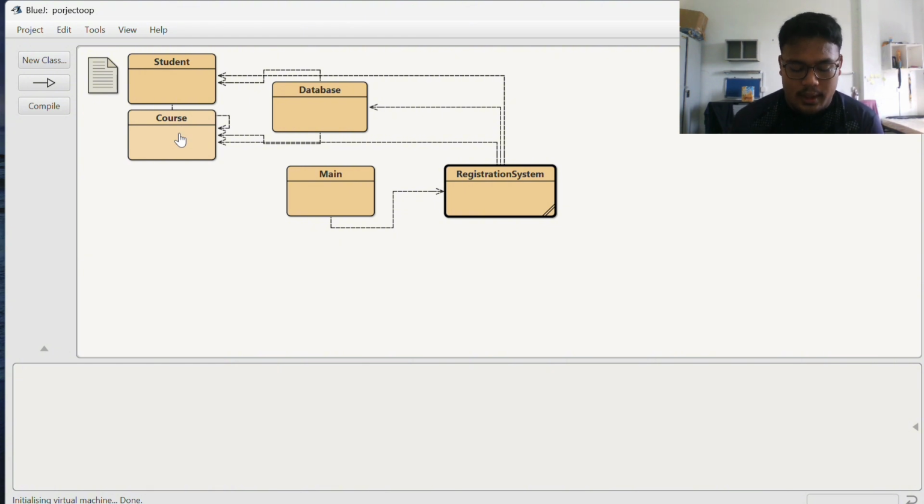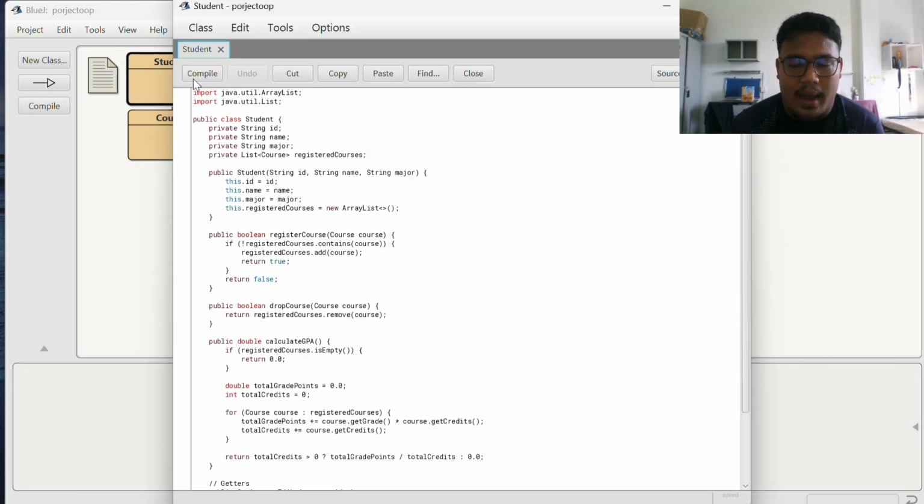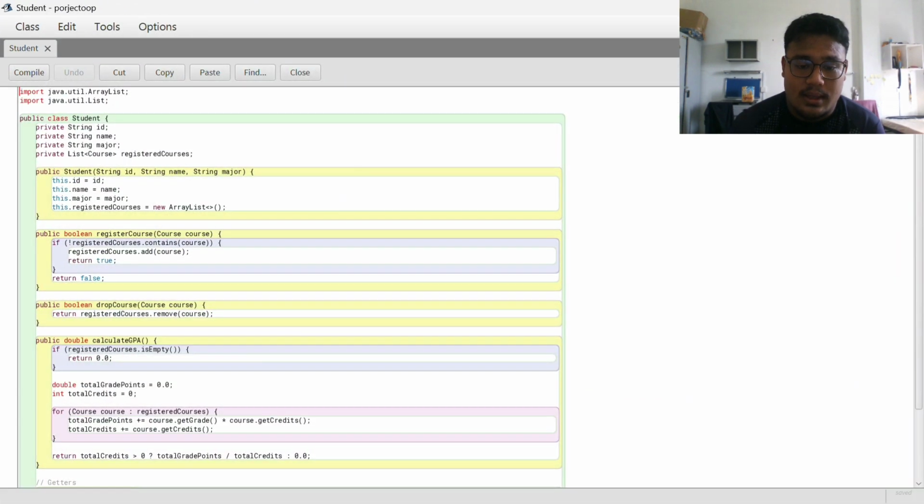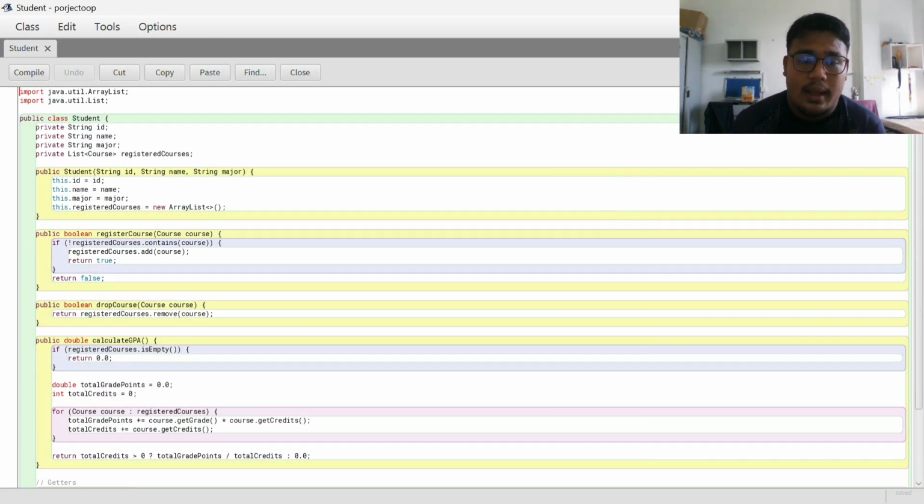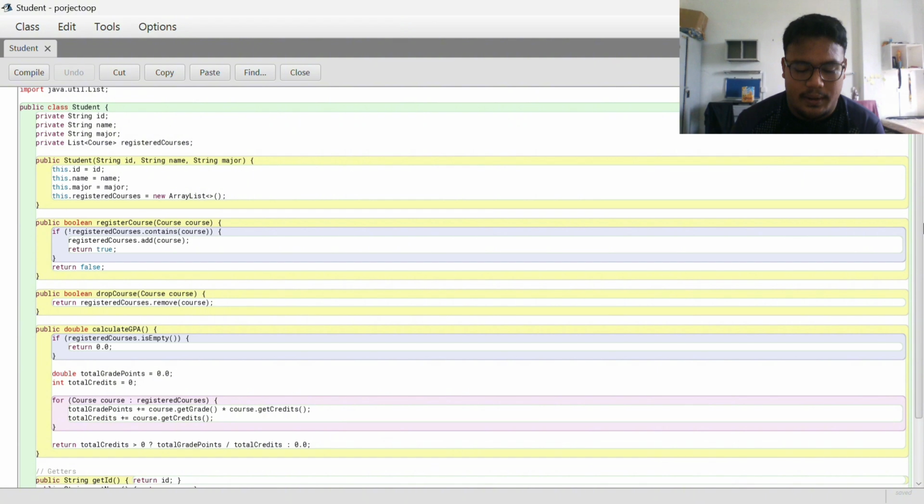So, in our program, we have some subclasses involved in the coding. The first subclass is the student subclass, and the second one is the course subclass. The parent class of the subclasses is the database class, and there is the main class of this program, and of course the GUI for the coding.